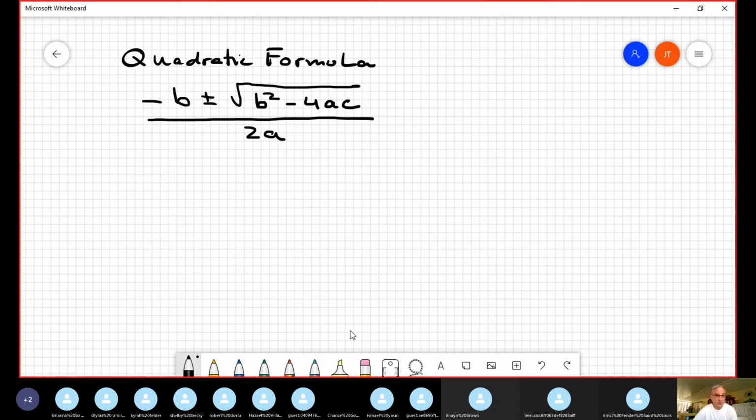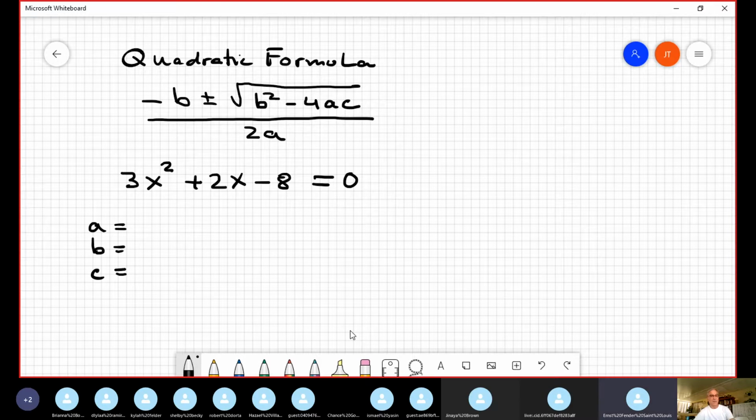Okay. Suppose this example: 3x squared plus 2x minus 8 equal to 0. Identification. Who is A, B, C? A is 3. B is 2. And C is minus 8. Absolutely. Plugging those values into the formula. Let me try. It is minus 2